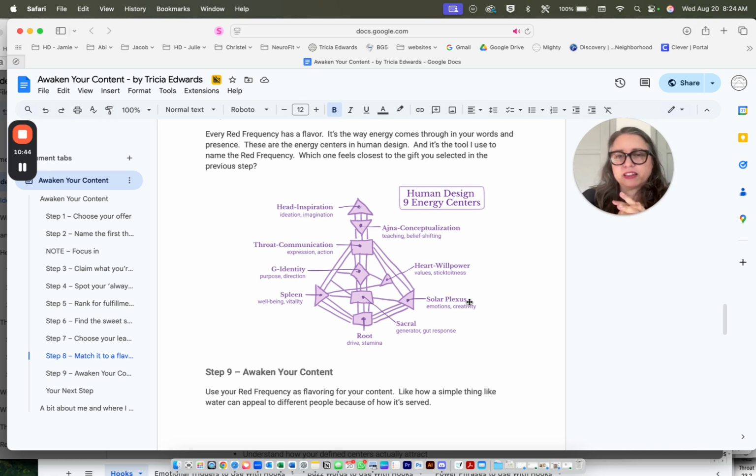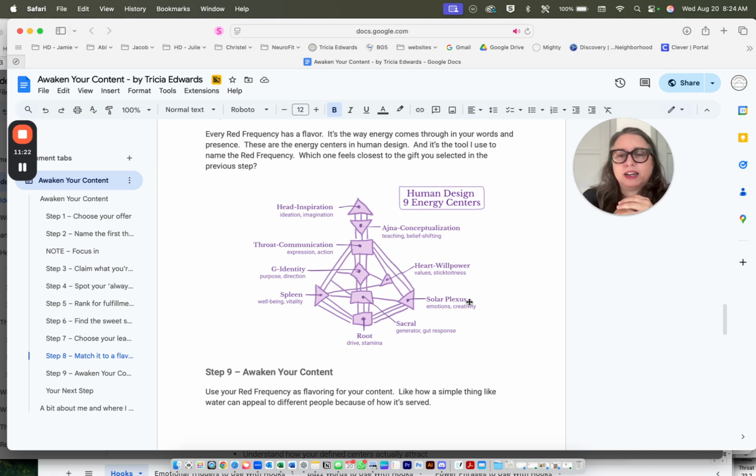And the other thing that I'm looking for are people who may or may not have had a human design reading, but if they have had it, it was kind of like, oh yeah, I saw myself. Like I really learned a lot of things about myself, but there were no action steps of what to do. And I'm looking to create things that solve a specific problem that gives real tangible steps, real ways of how to do it. And that's what I do in my report. So it's part human design, but it's part how to then implement it and how to use it. And specifically, I'm talking about content writing.